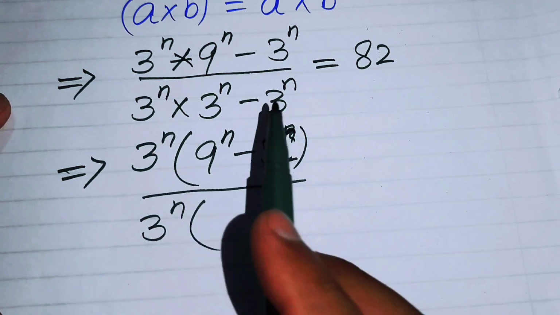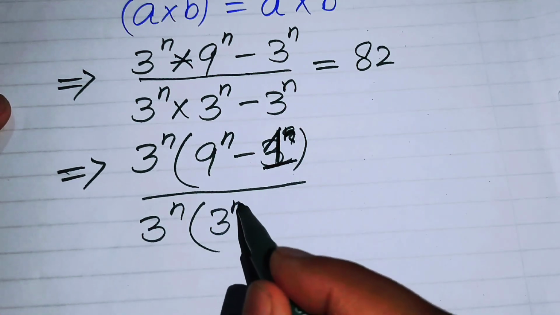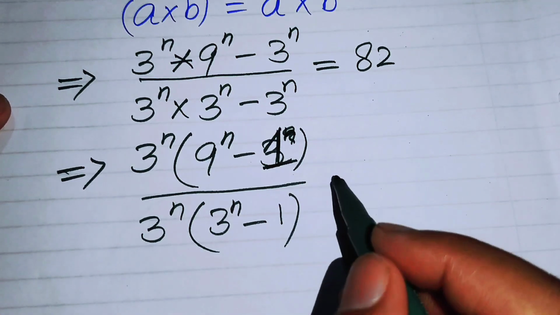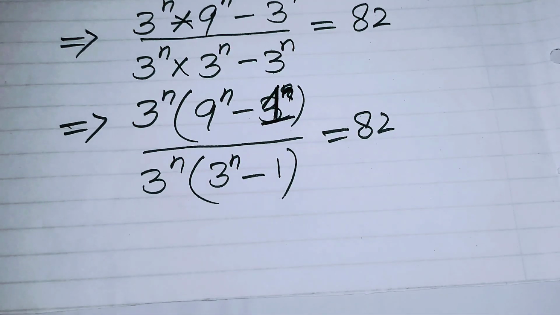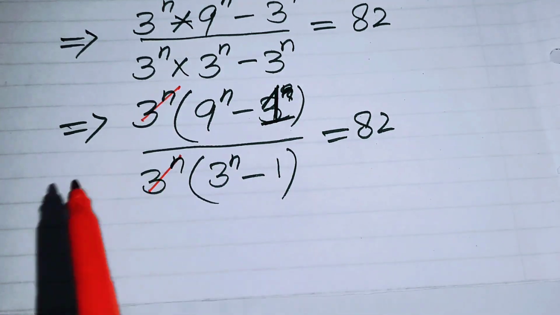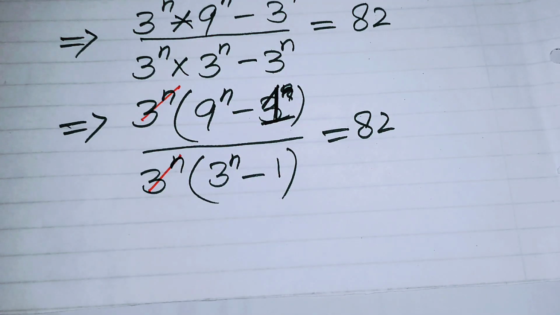Similarly, here you take common 3 to the power of n and you get 3 to the power of n minus 1 is equal to 82. And now you see that this 3 to the power of n is gone and you get the remaining terms in the form of